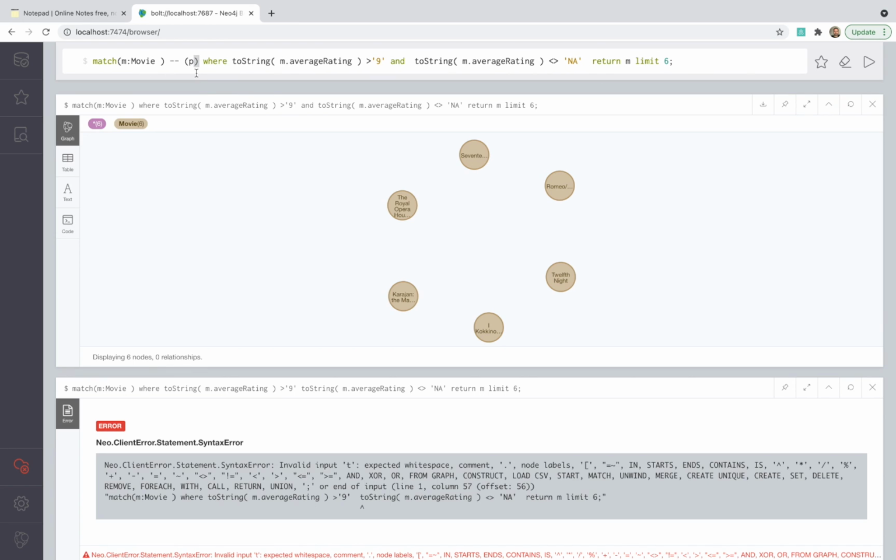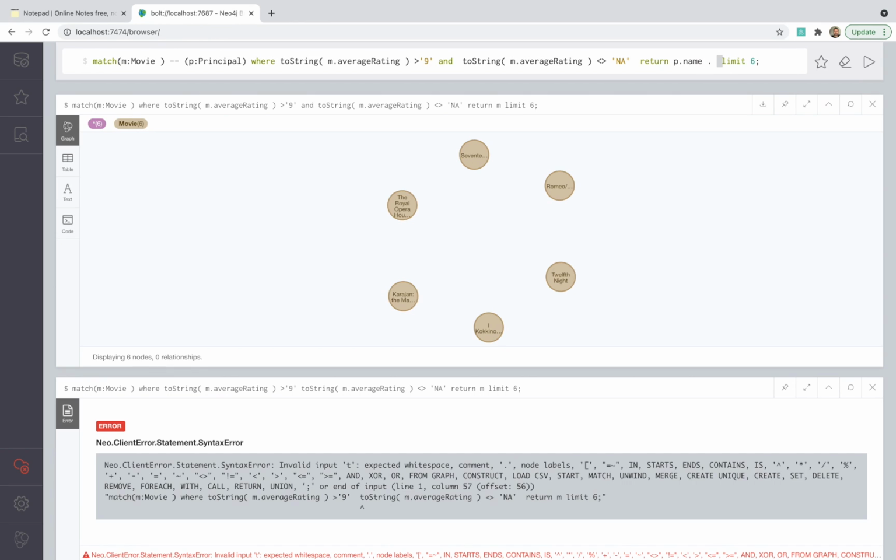So for p, let it be like that for now. There are some more constructs I'm going to use, and one of them is count and group by. We say where this is this, and we are going to return not just the movie name, but this time the actor names who appeared in most of the movie titles with this rating. So let's say p.name,